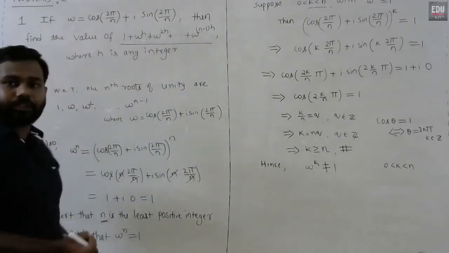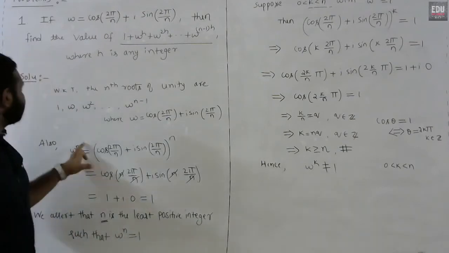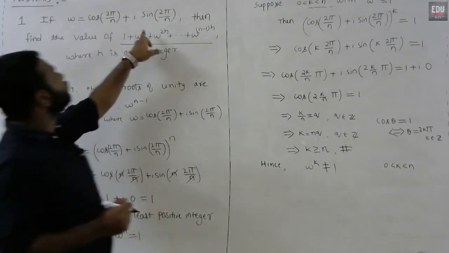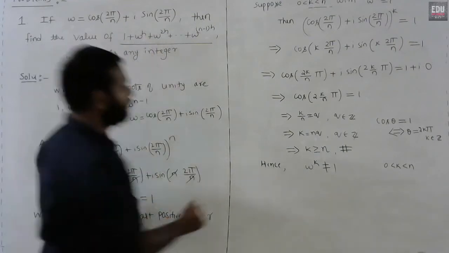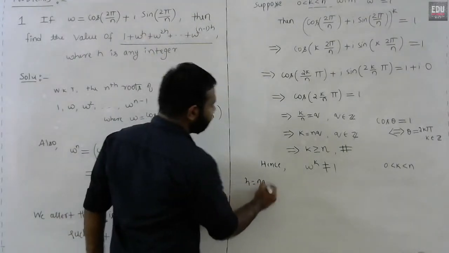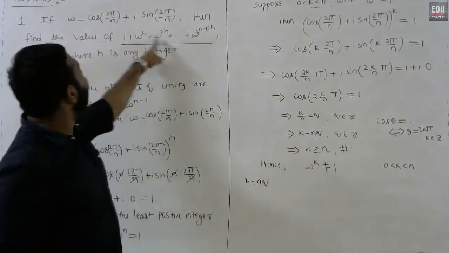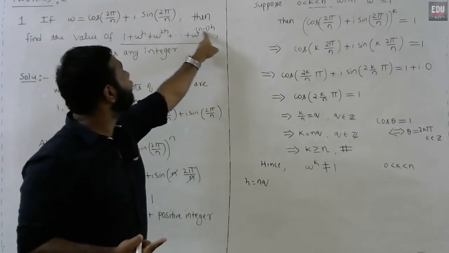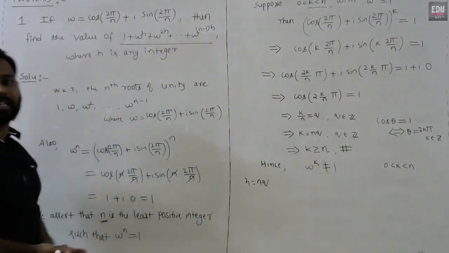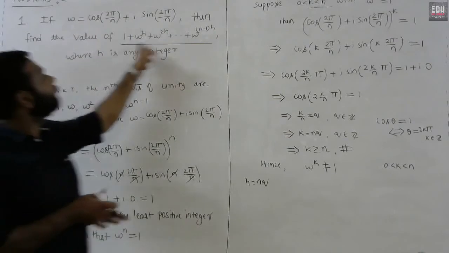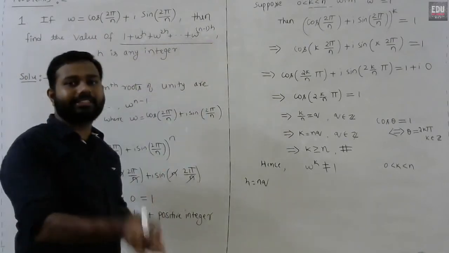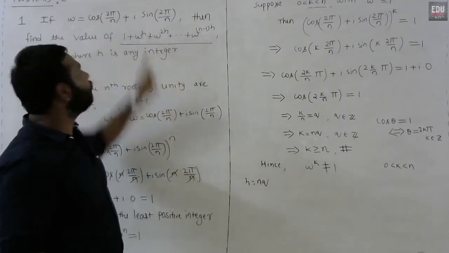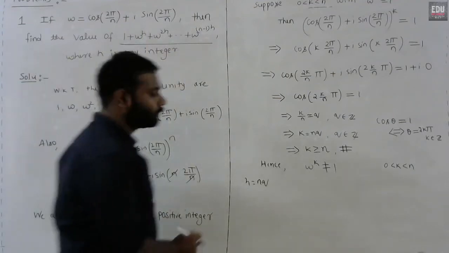Now observe that as omega power n is 1, if h is some multiple of n, then all these terms will reduce to 1, then 1 will be added n times, so the sum will be n. So this sum will be reduced into a simple sum if h is a multiple of n. Otherwise, we shall see what happens. So the first case,